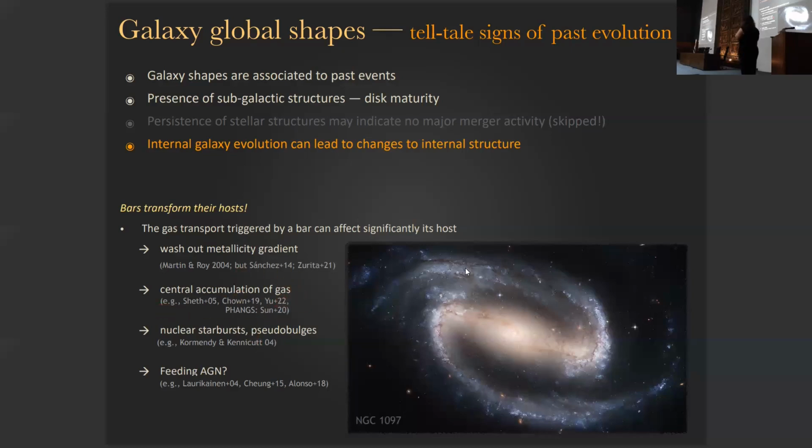It leads to a central accumulation of gas that leads to nuclear starburst, to the growth of bulges, and to the change of these bulges from more classical bulges, very spheroidal, to bulges that are acquiring disk properties, called pseudobulges, with more rotation. And potentially too, there has always been an interest in connecting them to the feeding of an internal AGN with a set, for instance, of a primary bar and nuclear bars, secondary bars, connecting them towards the center.